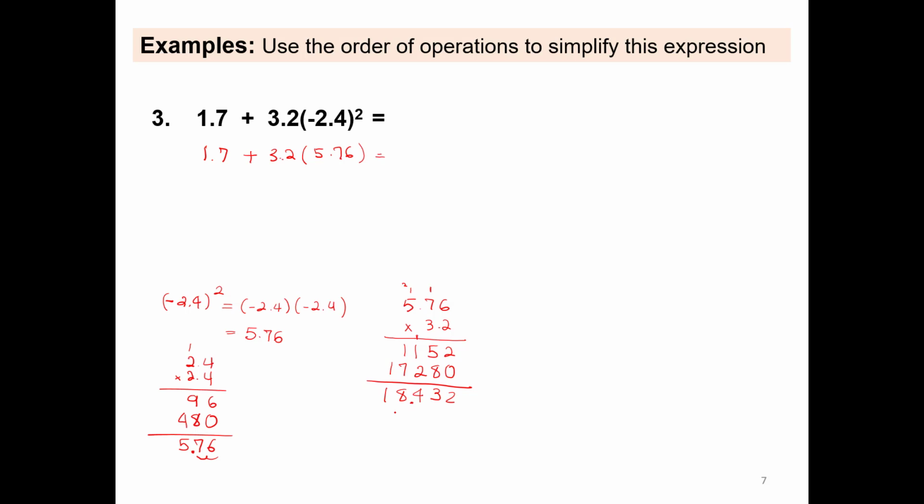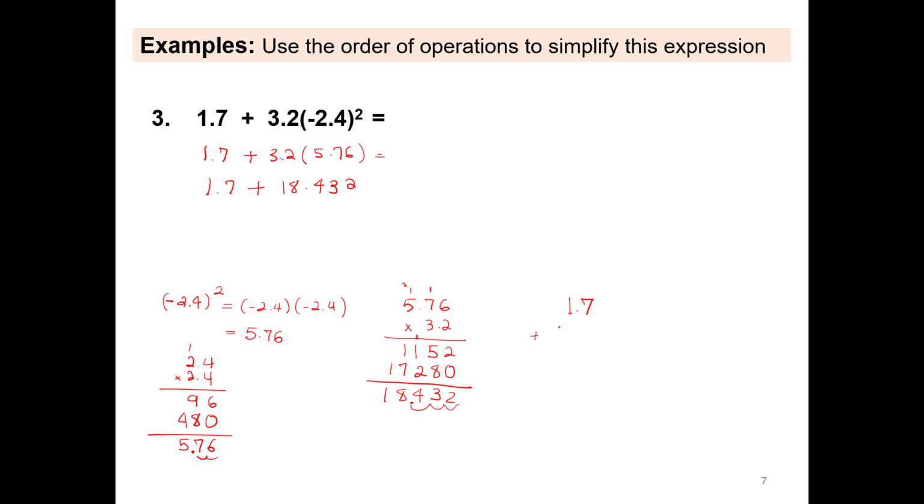And let's write here equals to 1.7 plus 18.432. And we had here 1, 2, 3 decimal places, and 1, 2, 3 decimal places. Then the next thing we need to do is add the numbers together. And we want to add 1.7 plus